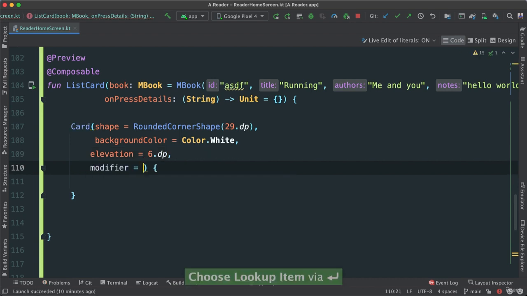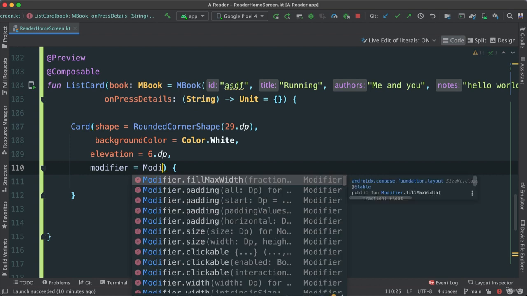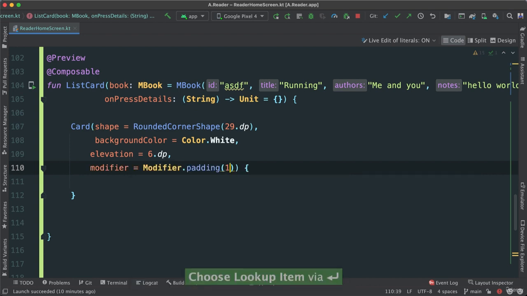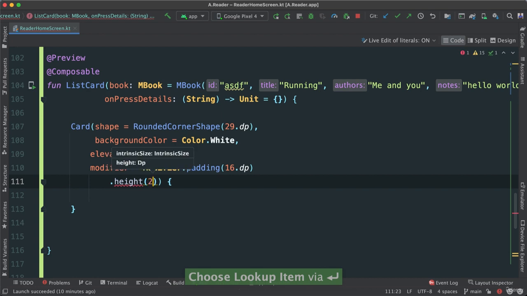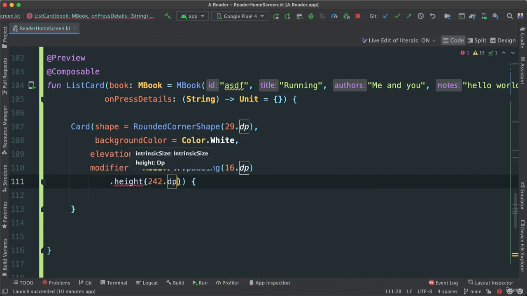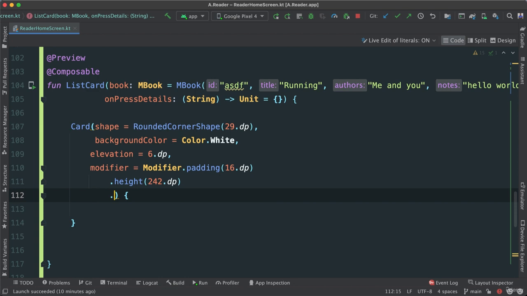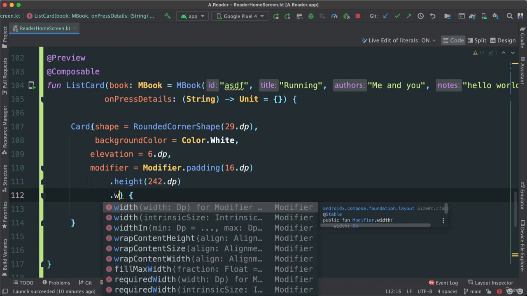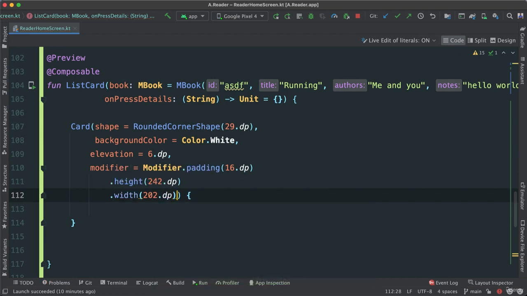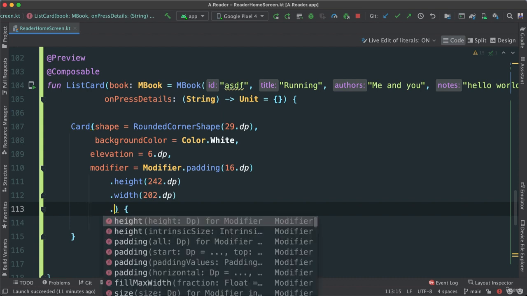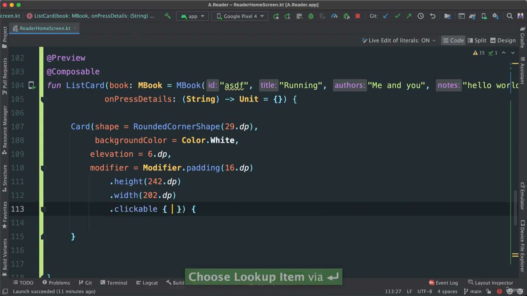and let's pass a modifier here, a padding of about also 16 dp around. I'm going to give a height of about 242.dp. All these numbers I have thought about them, of course, but you can play around with it. About 202.dp for the width, and I also want to make this clickable, of course,